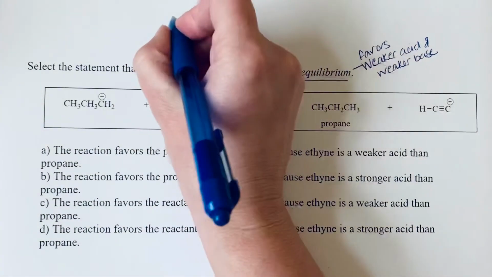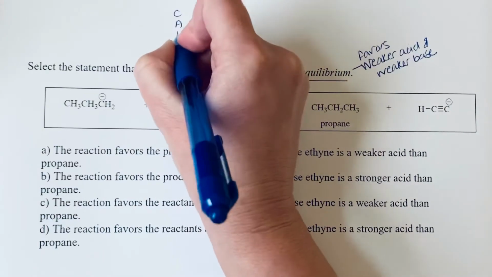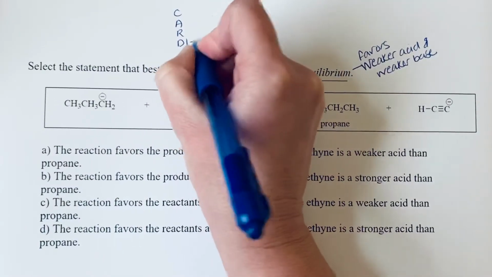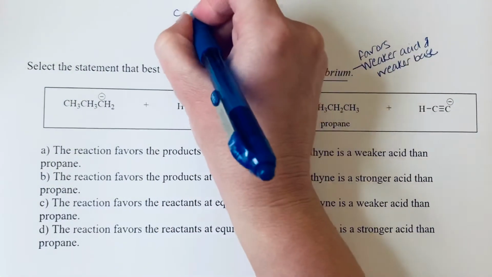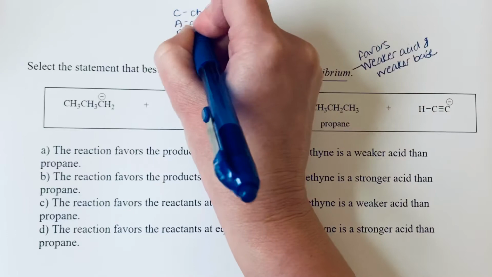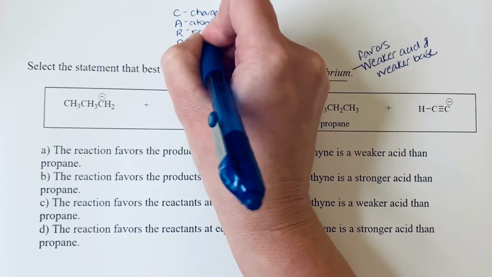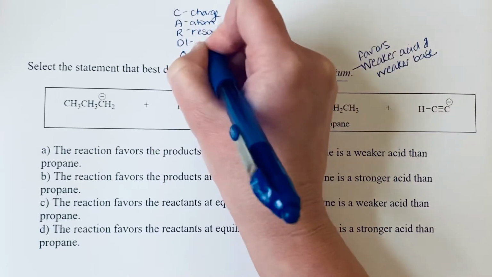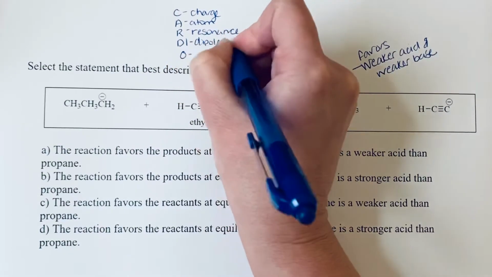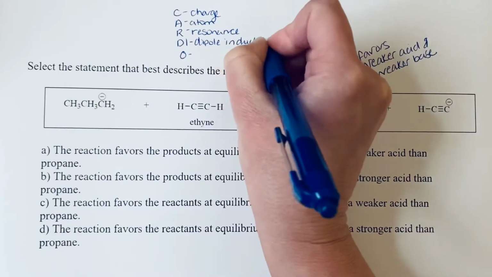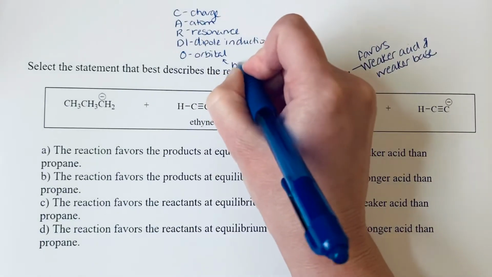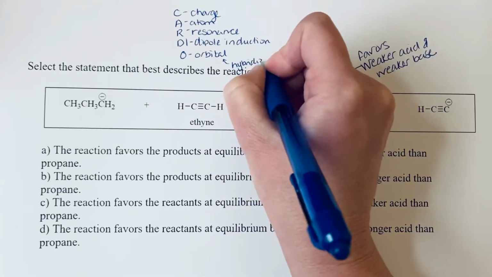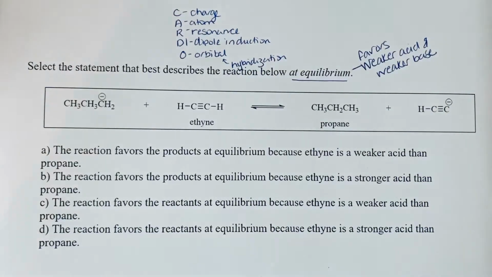our CARDIO trend. So CARDIO stands for roughly the order of importance of the structural features that we consider when we're trying to determine which is the weaker acid or the stronger acid. So C is charge, A is atom, R resonance, DI dipole induction, and O stands for orbital. And this also comes down to hybridization. If we want to know what type of orbital something is, then we need to know the hybridization of that